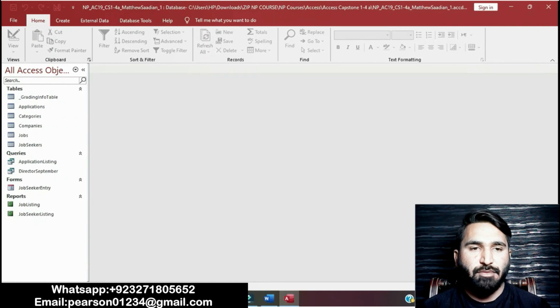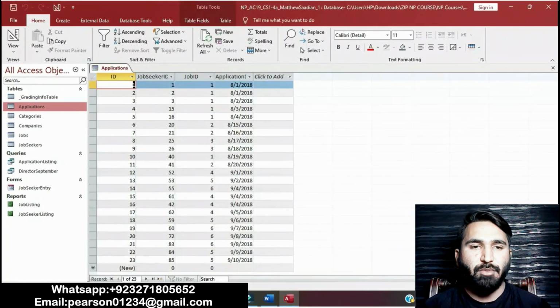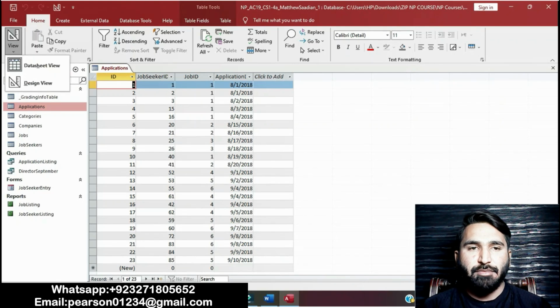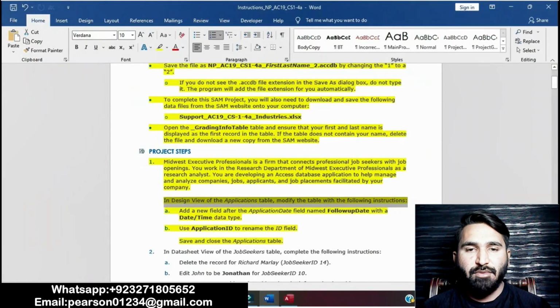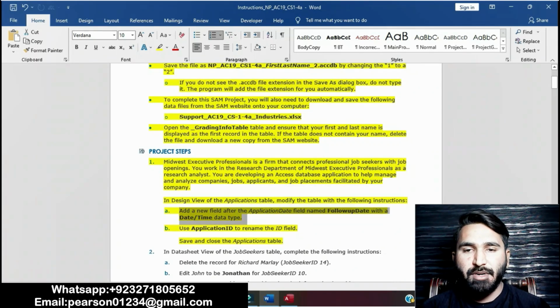Open the Applications table in Design view. Add a new field after the Application Date field named Follow Up Date with the Date/Time data type.